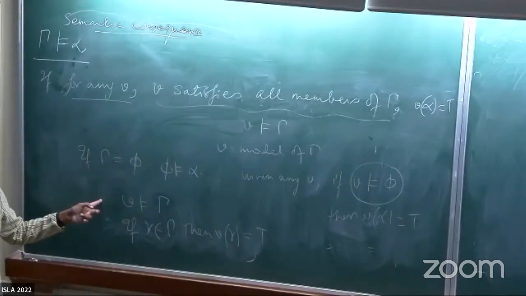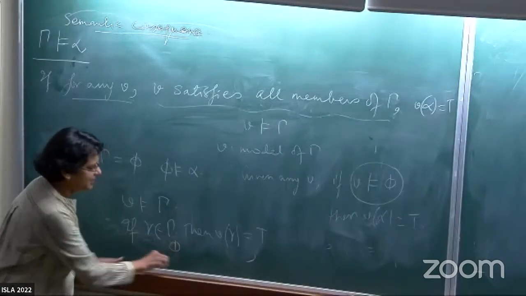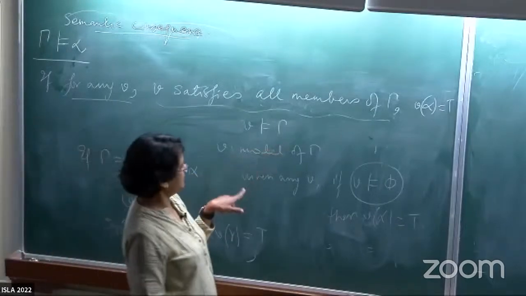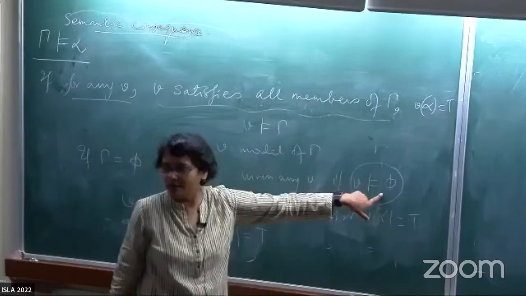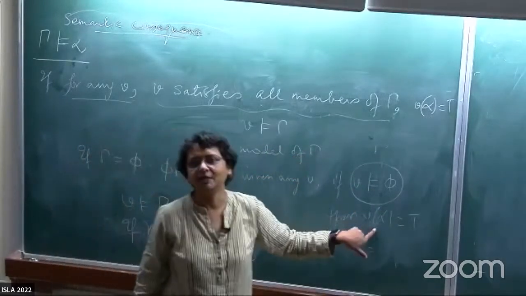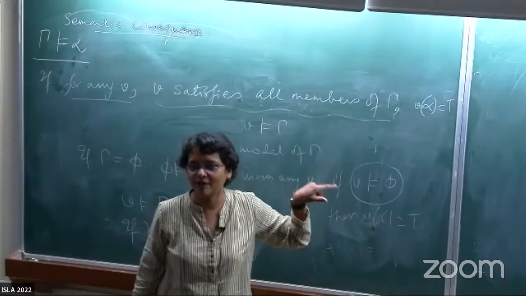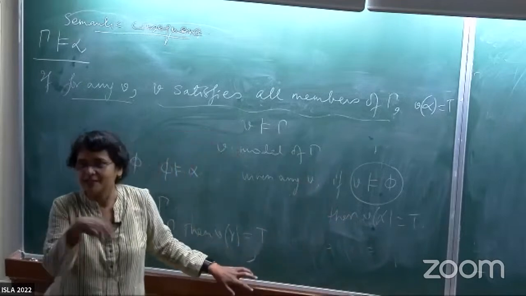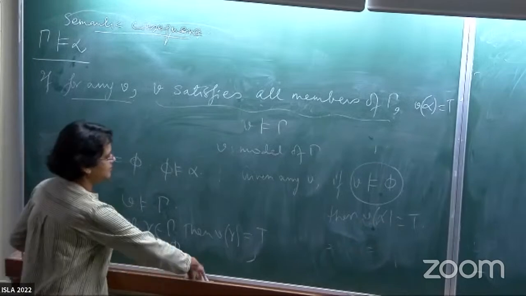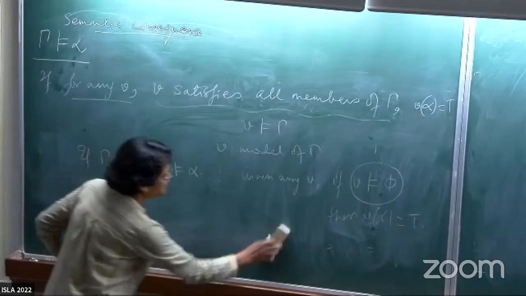Yes, so be careful. Don't say it's false. It's in fact vacuously true, because you're replacing this by the empty set. So this guy is always true. This is therefore true all the time. You want this entire thing to be true. It means it's forcing this one to be true under every valuation. So therefore, essentially alpha is a tautology. Exactly. So you see how this vacuous thing comes back often.